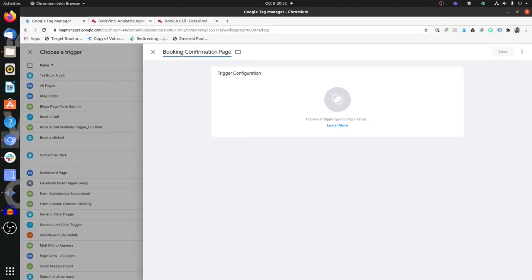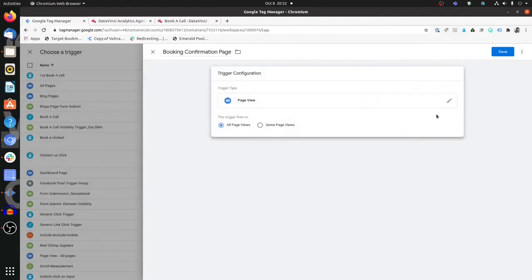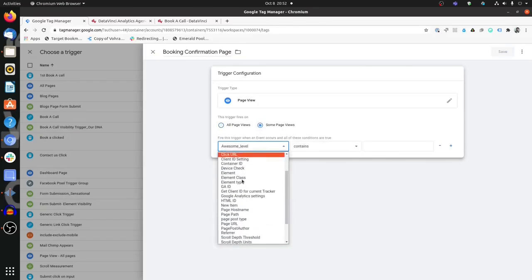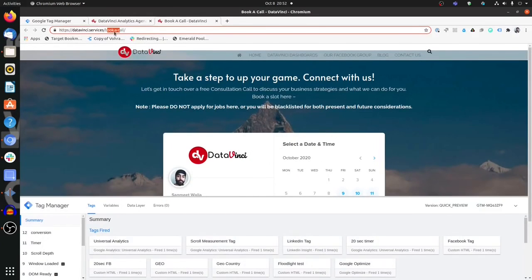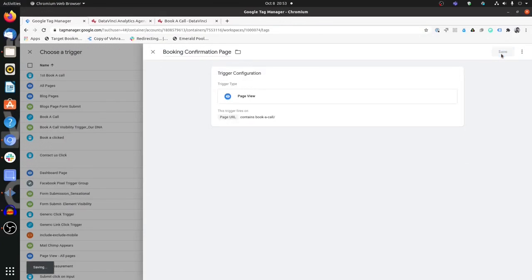Now here we can set it on a page view. And all pages? No, some pages. Which page? The page where the page URL contains this thing. Okay, let's just save it and